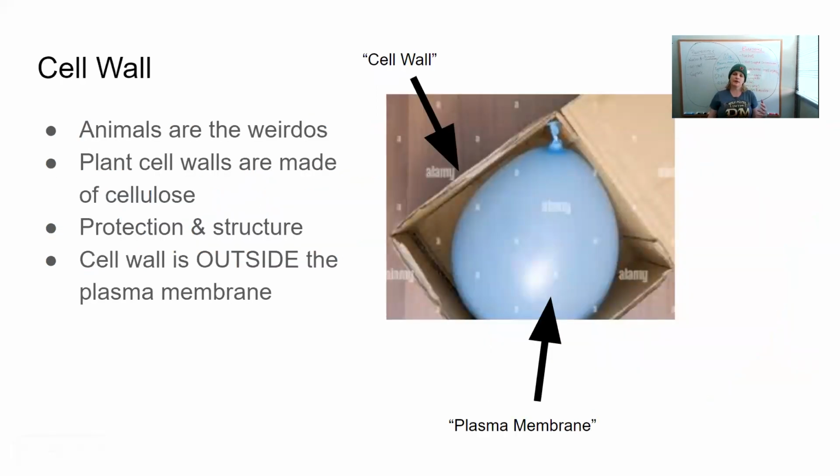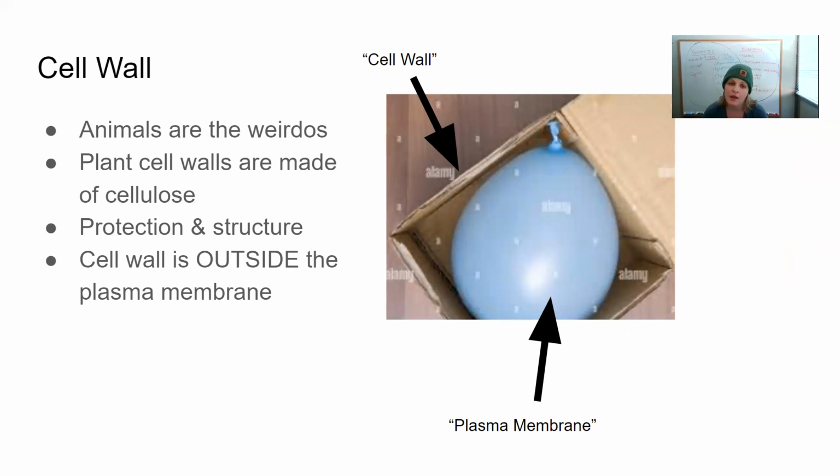So now we're going to switch over to talking about plant cells. So the first thing that we're going to talk about is this cell wall. The cell wall is on the outside of the plasma membrane. So if we're going outside to in, we've got the cell wall, and then right on the inside of that is the plasma membrane. And then we have our nice cytoplasm and all the cell juice and all the components